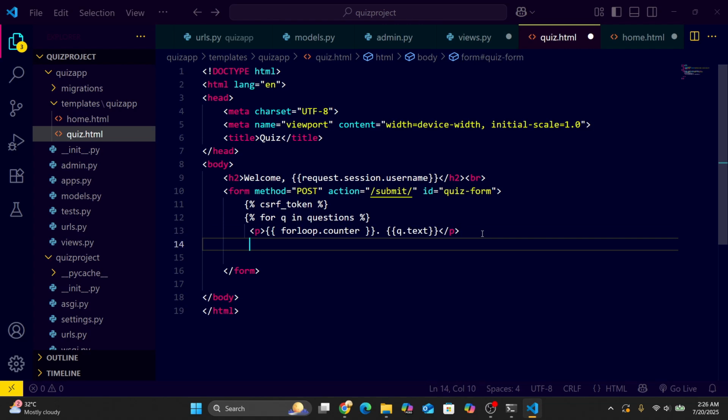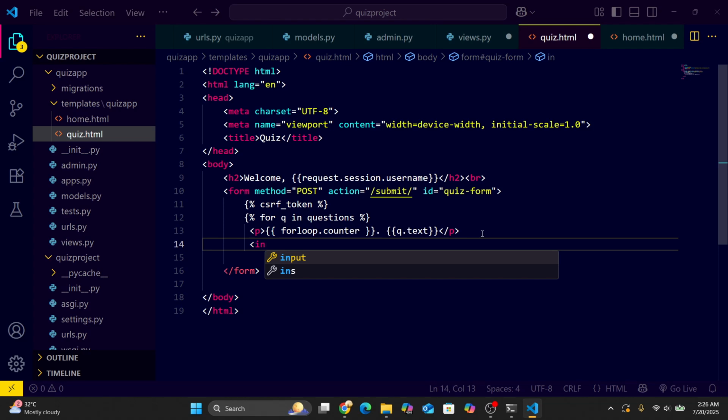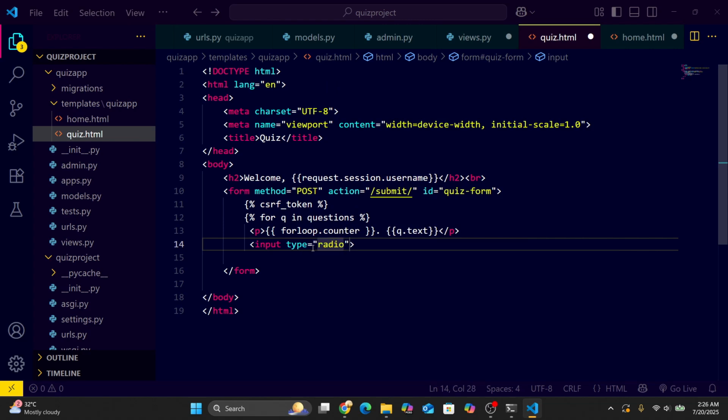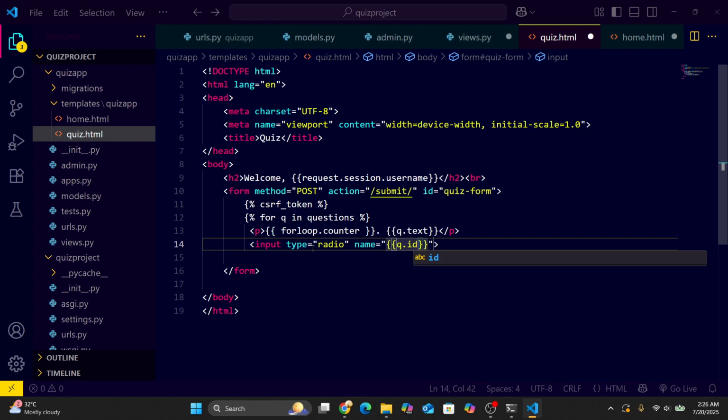And now fetching the options. For fetching the options, just type input. Use the radio button, because the user will choose only one option, so for your input tag the type will be radio button. And now name, this is very important. For every input tag, the name is very important. So just q.id for each option, q.id, and the value,